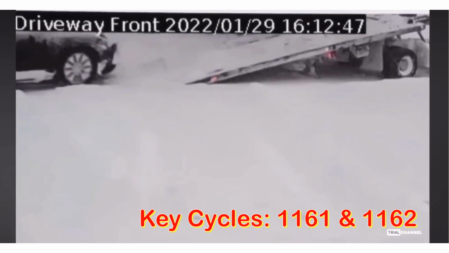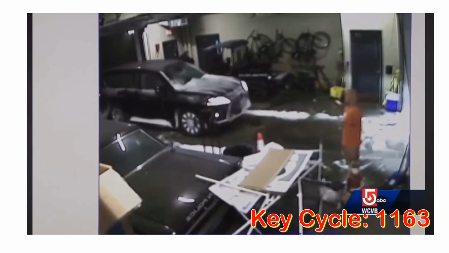But this to me would be 1162, in a common-sense way, if we break down these ignition cycles and key cycles. Then we get to key cycle 1163. If Karen Reed's vehicle was not moved from the Sally Port before testing, Karen Reed's vehicle arriving at the Sally Port, where we see it pull in, would be key cycle 1163.